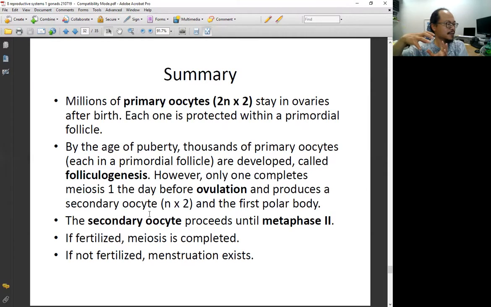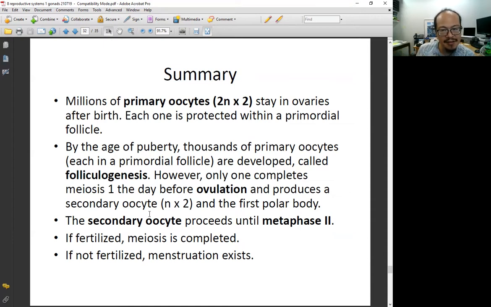The secondary oocyte will be n times 2 here, and will get arrested again at the metaphase of the second stage, stage 2 of the meiosis,